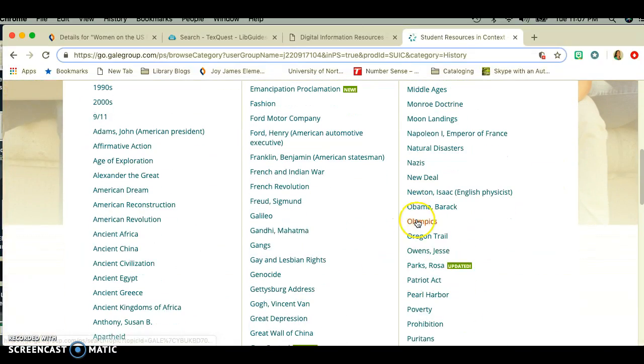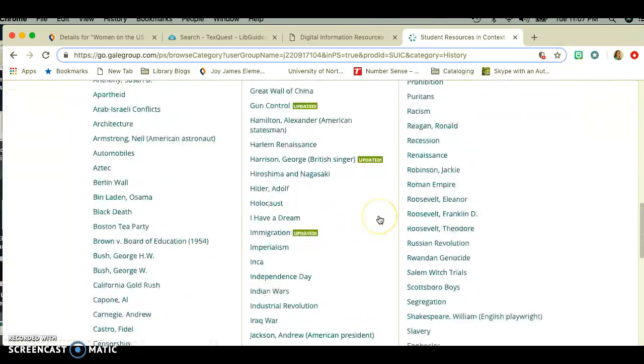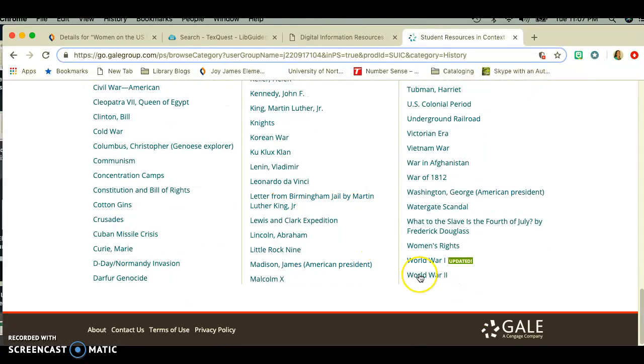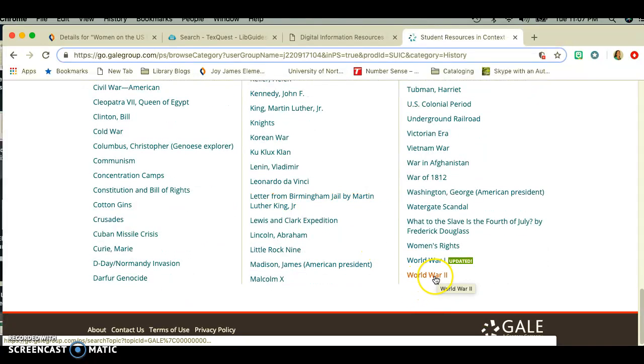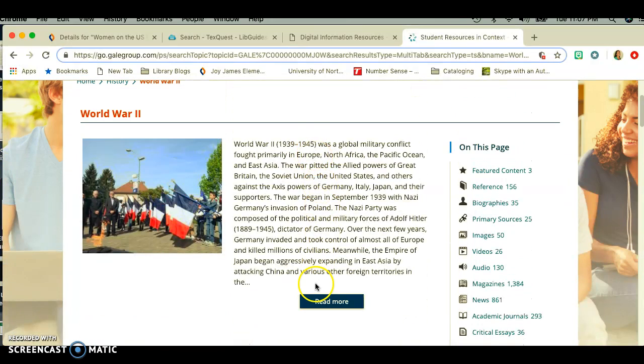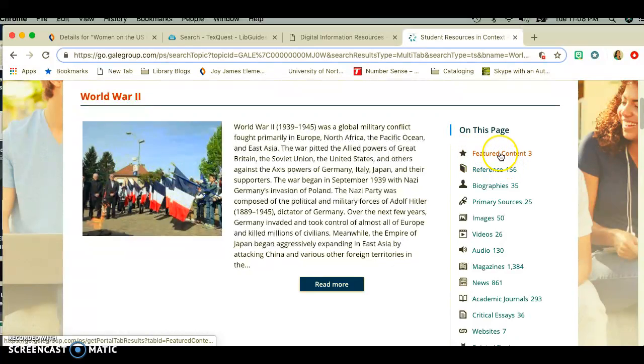And I'm going to scroll through. I see people, ancient citizens. I'm looking for World War. I'm going to keep going. Oh, World War II, last one right there. So that's searching by topic. So I can see already that there's a blurb on World War II. I can see what the different resources are. There's reference,